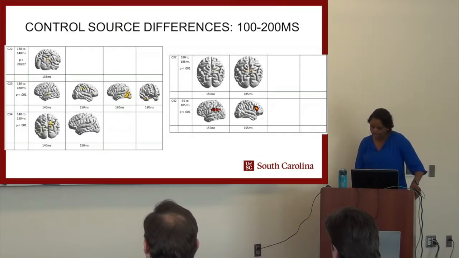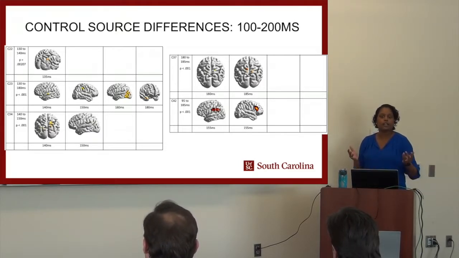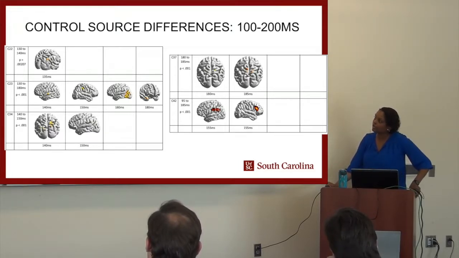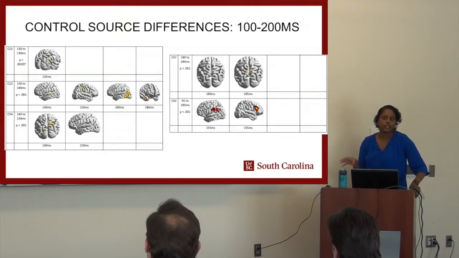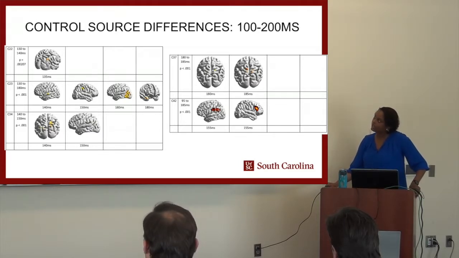And then you have the rows with one brain, that indicates that the source was consistent for the whole time window. For the rows that have multiple sources, these significant differences change locations within that window. So what we're seeing is that these differences are primarily occurring in temporal and parietal regions of the left hemisphere, including the superior temporal gyrus and inferior parietal lobule.